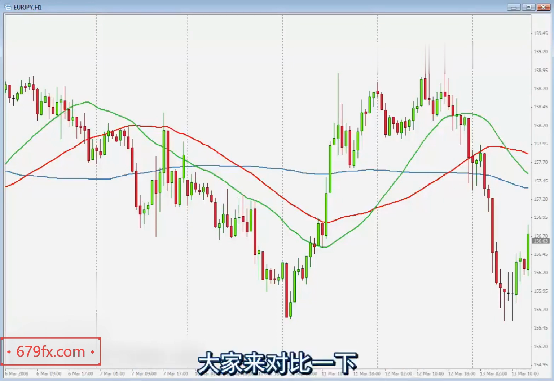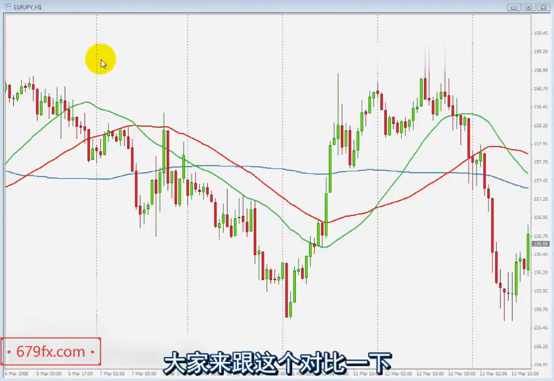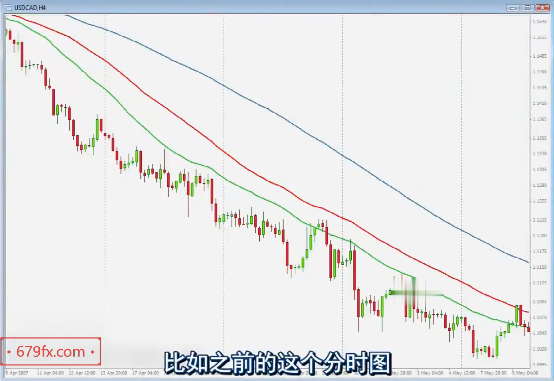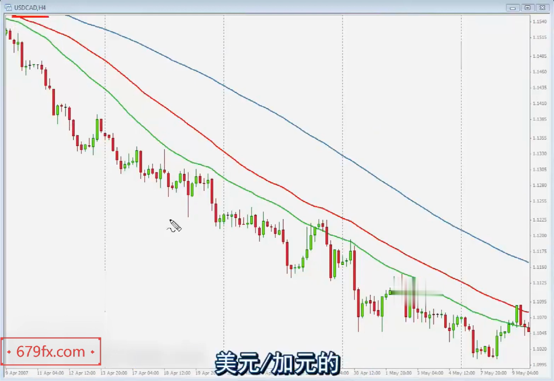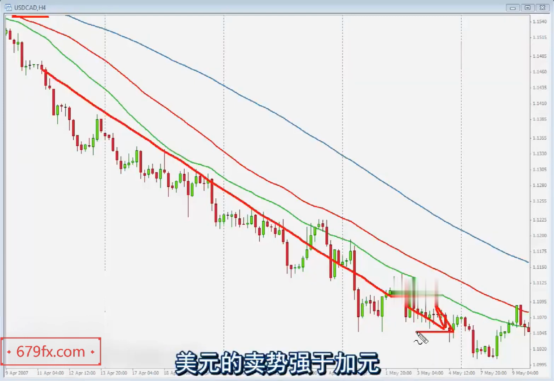Just compare this chart I'm showing you right now, Euro against the JPY on the 1 hour time frame. Compare this chart with the first one I showed you at the beginning of this video, the American dollar against the Canadian dollar. This one clearly shows a market bias. The market is selling the American dollar against the Canadian dollar, and therefore